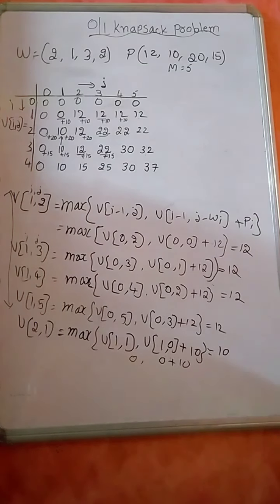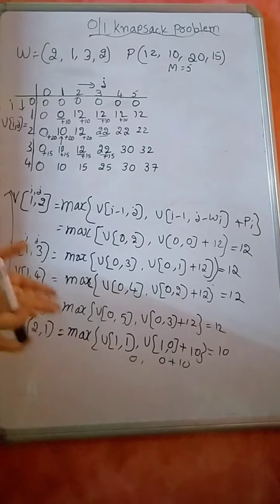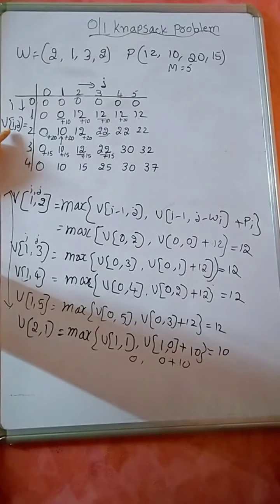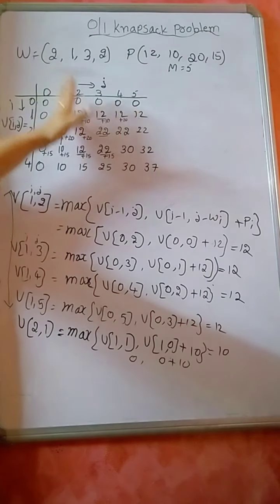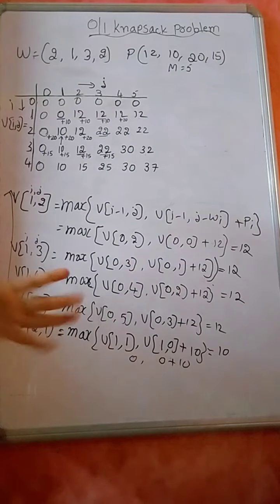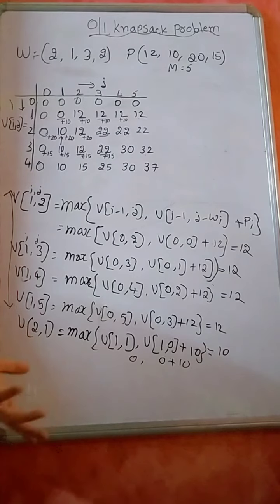Okay. Now after filling this particular table, you tell me, have you come to know anything about which object is selected and which object is rejected? No, nothing. Simply what I have done through this table is calculate the profit. V of i,j is this much when it is 0,0, when it is 0,1, like that I have computed and kept it. But I get no information from this table on whether the first, second, third or fourth object is selected.